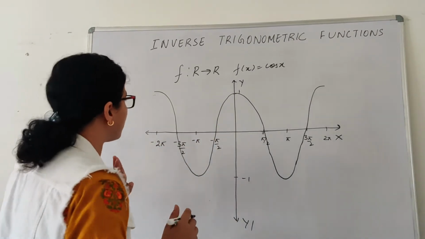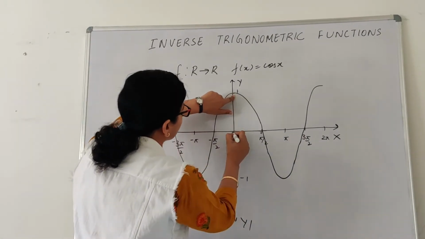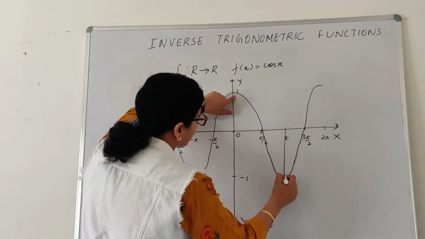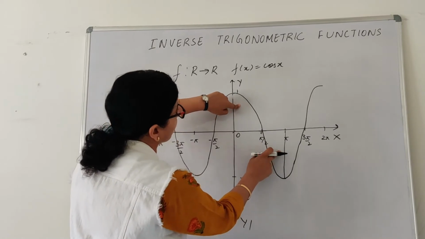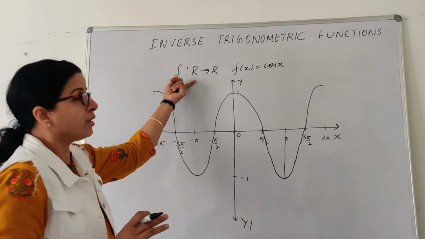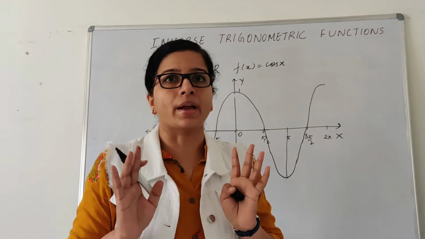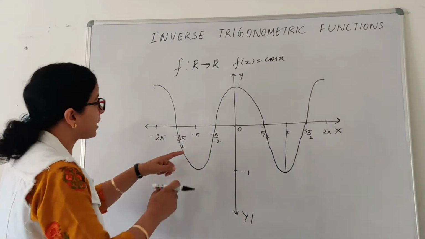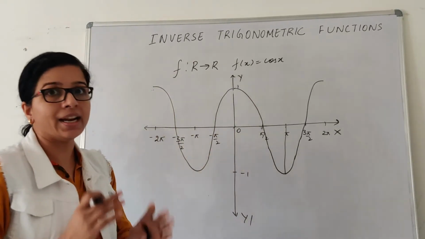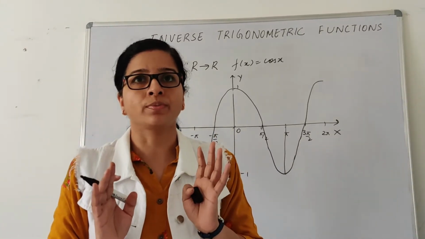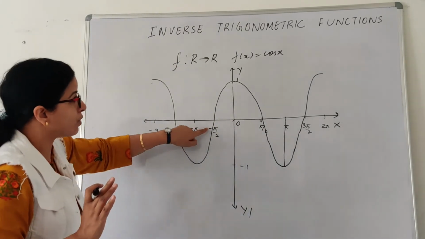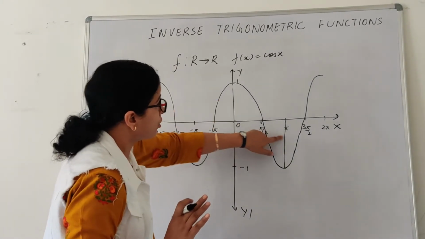So how I am going to do it is, this is my 0, right? If I am taking from 0 to pi, there is no turn in the graph. See these two quadrants, there is no turn in the graph. So what can be my domain? It will be 0 to pi. Is that clear? I cannot take here minus pi by 2 to pi by 2 because there is a turn in the graph. In sine, I have taken minus pi by 2 to pi by 2 because there it was not a turn in that context. But here it is a turn, so I have to take from 0 to pi.